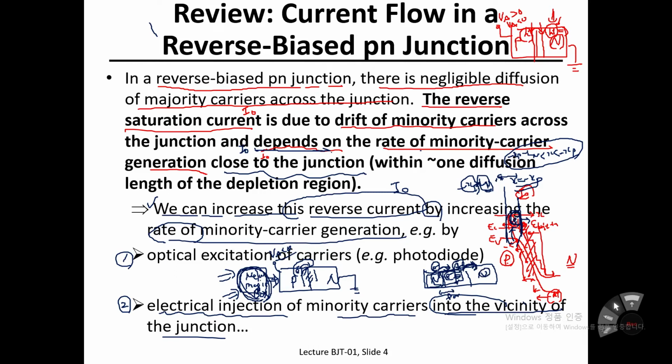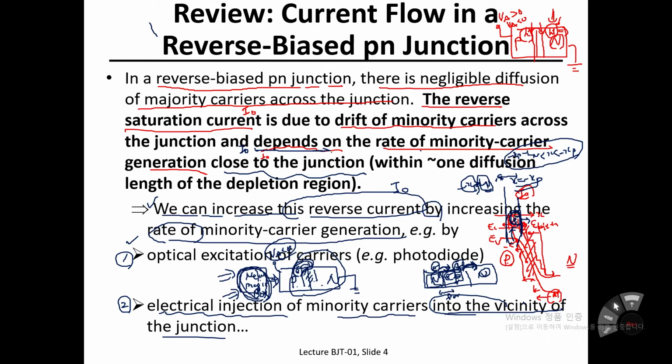So the question again is, we have a PN diode, and we would like to increase the number of electrons from P to N. Definitely this PN diode is now under reverse bias. What is your own magic? What is your own engineering solution? Number one is optical stuff. So let me explain it later. What is the way,